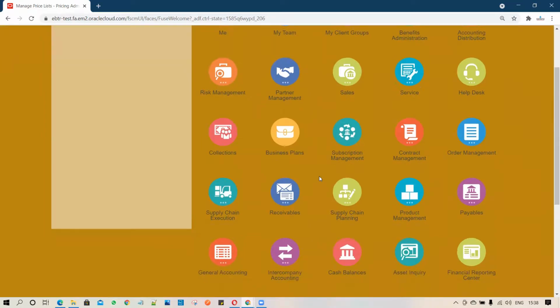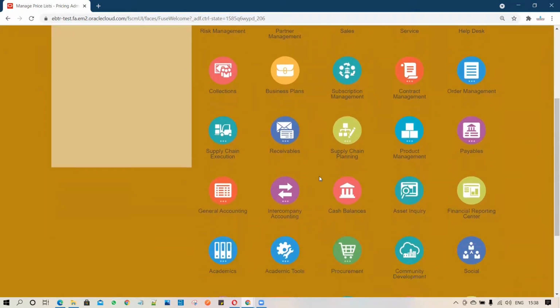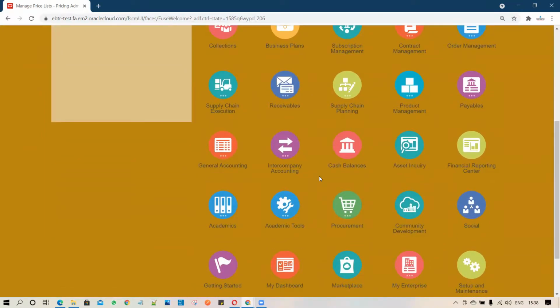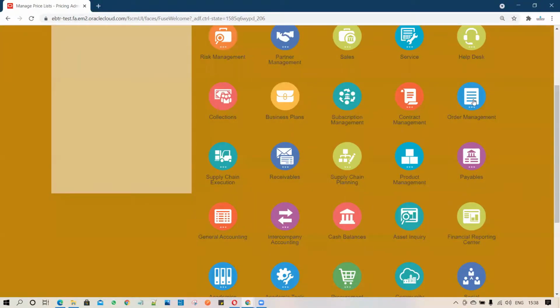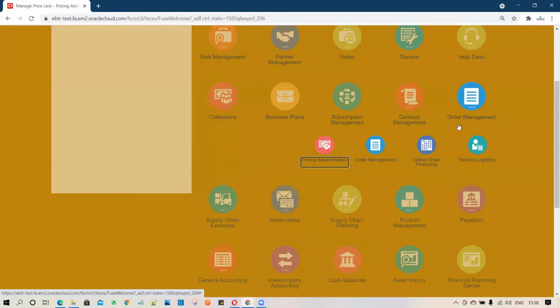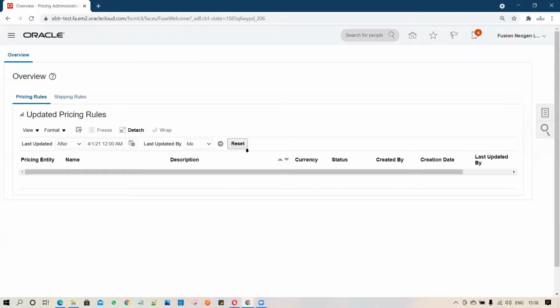To have the price list maintenance, you have to go to the order management. Once you click on the order management, you have to go to the pricing administration. So we'll create one of the price lists and we'll see how to do the price list maintenance via ADFDI.